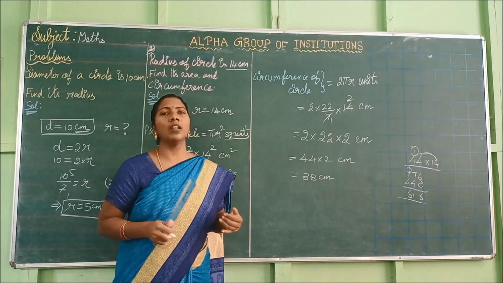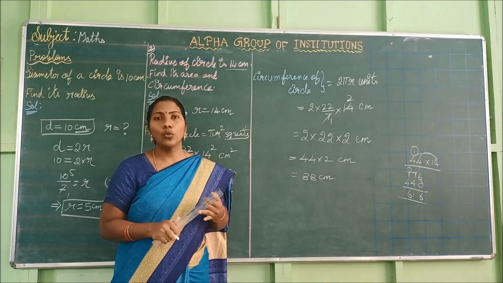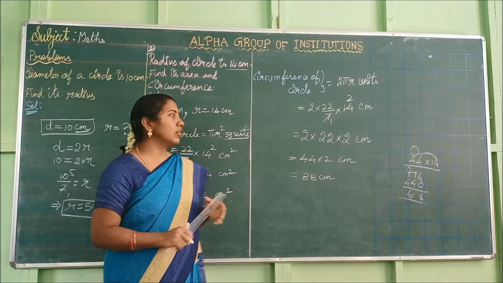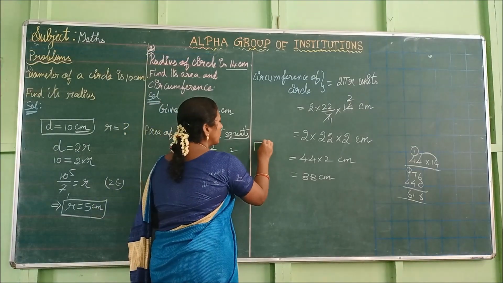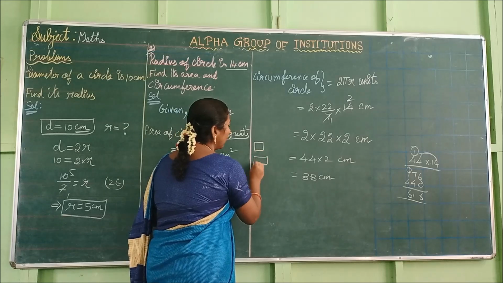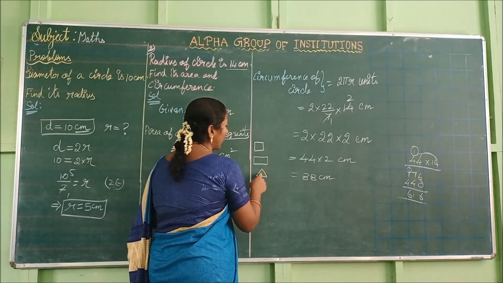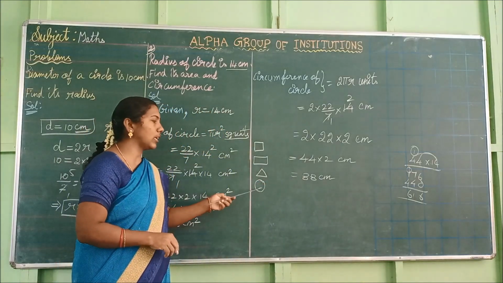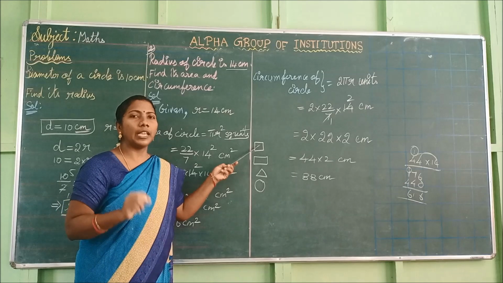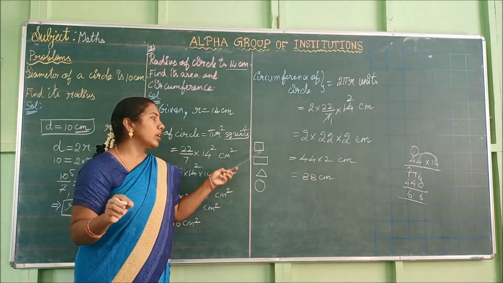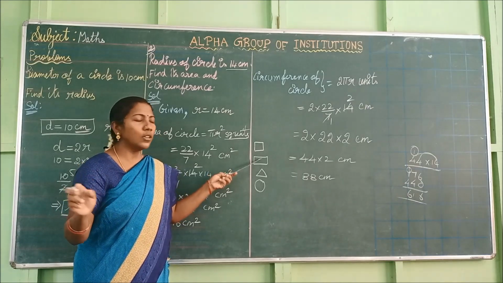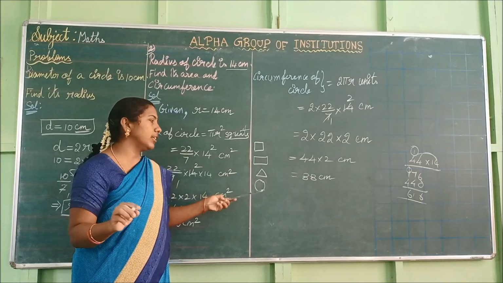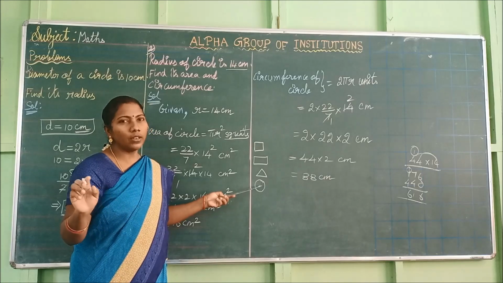So you have to remember what is one dimensional shape, two dimensional shape, three dimensional shapes and their examples, as well as area and perimeter of square, rectangle and area of triangle and area and perimeter, circumference of circle. What is the area of square? A square, square unit. What is the area of rectangle? L into B, square units. What is the area of triangle? Half B H, square units. What is the area of circle? Pi r square, square units.